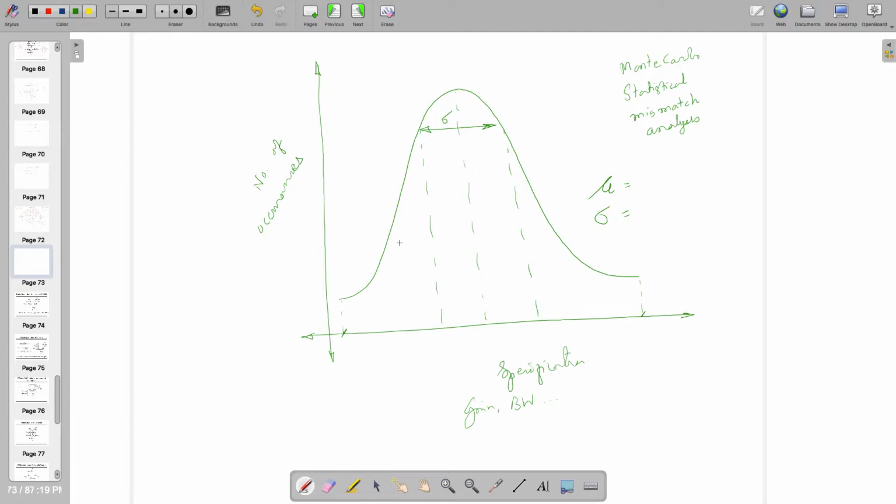So this is sigma. You might be interested in 3 sigma, but in some places in industry which are claiming 6 sigma, they generally look at whether my designed amplifier or any circuit is matching with the 6 sigma or not,